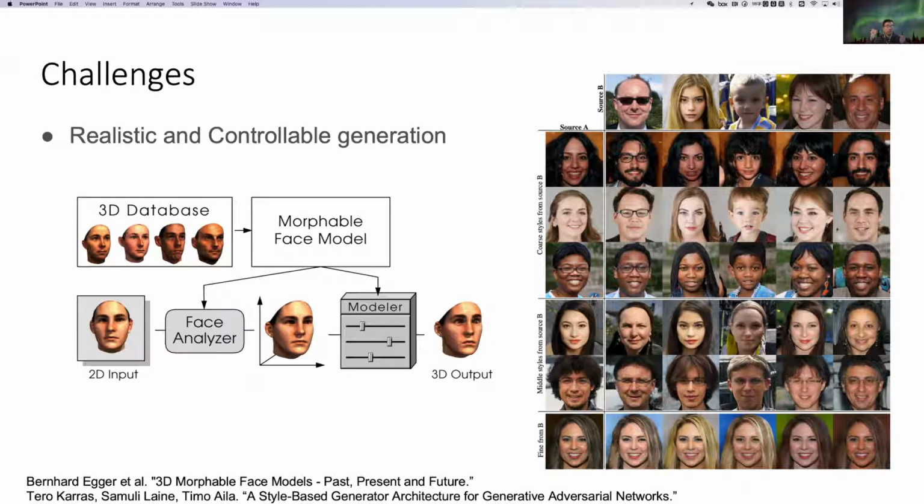Their synthesized images are not realistic, right? There's a clear domain gap between the synthetic image and real-world images. So although it's controllable, we can control the illumination and the expression, but it's not realistic.